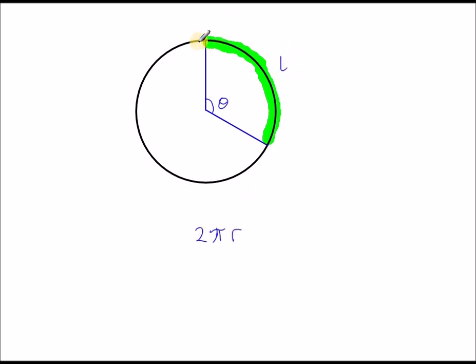Now 2 pi r is all the way around the circle, so I need to multiply my circumference by a fraction, which is this angle theta over 360. Now I can cancel some of the parts down, so the 2 and the 360 can cancel, and then if I rearrange what I've got left, I have r times theta times